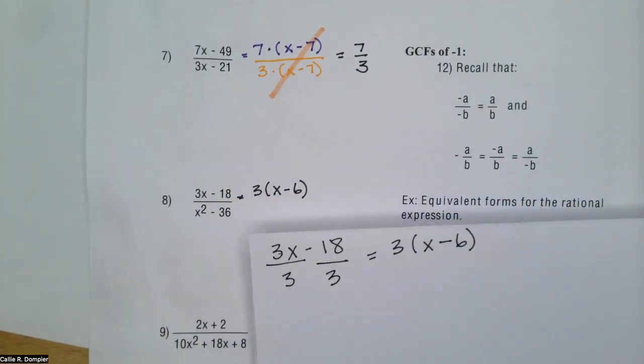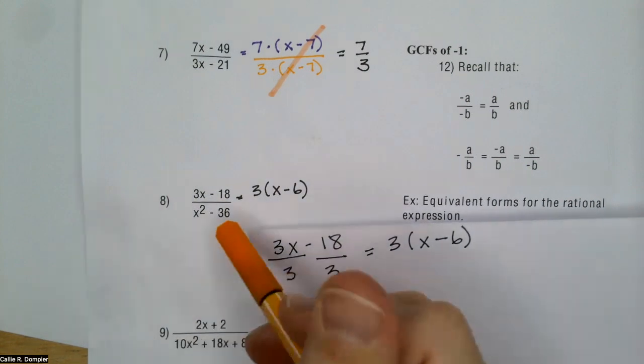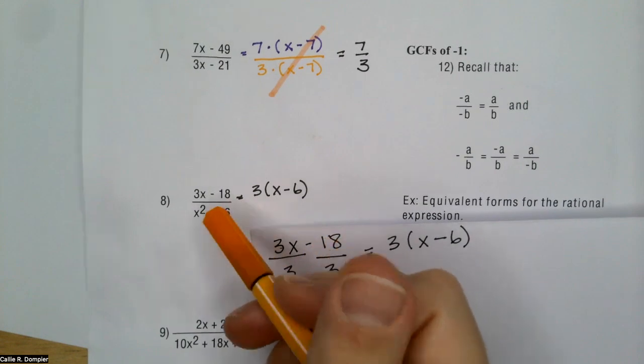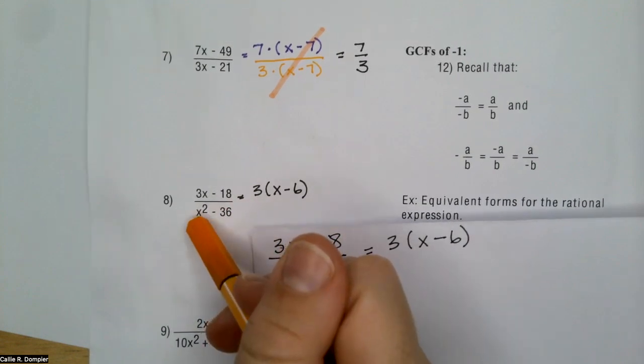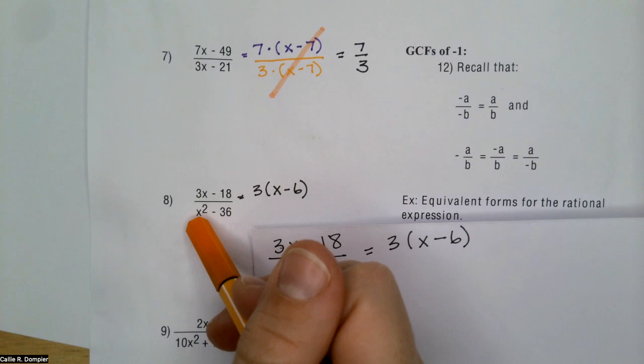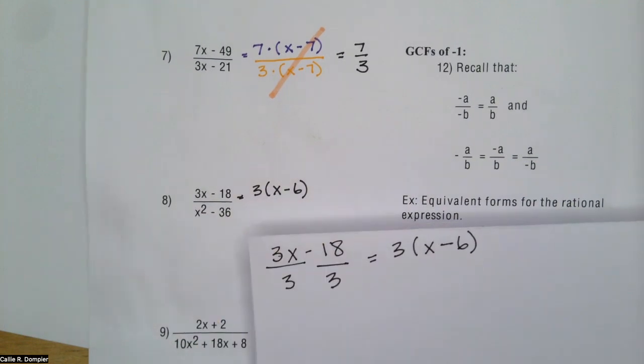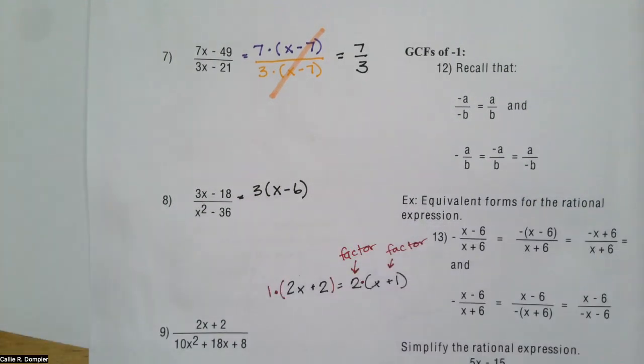Now, this bottom one looks difficult, right? This looks very difficult. I have an x squared, but my 36 doesn't have an x, and I have no number in front of x squared. So how do I factor anything about this? Here, remember, I know it was difficult to do the factoring. We're glad the factoring tricks are over, but remember that